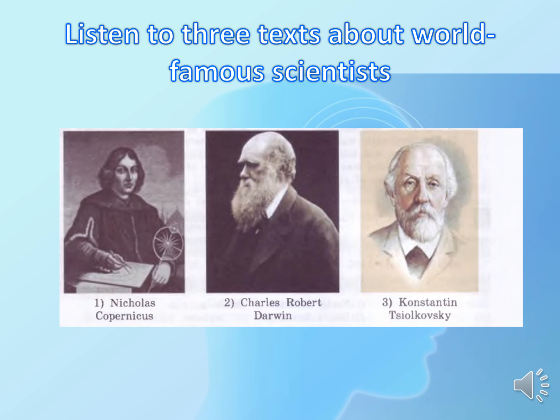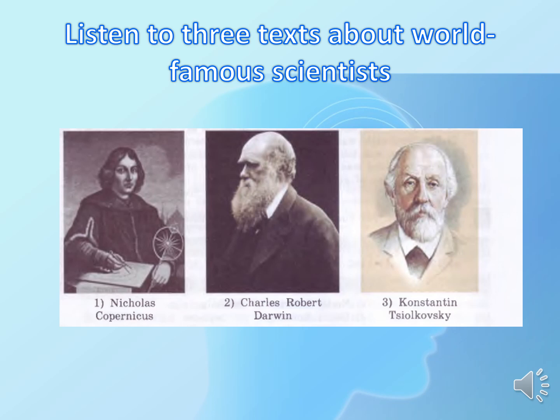1. Nicholas Copernicus is a world-famous Polish astronomer. He was born on the 19th of February in 1473 in Poland, in a fairly big family. Nicholas had a brother and 2 sisters. In 1491, he went to Krakow University, where he studied mathematics, medicine, religion. His favorite subject was astronomy. In 1497, Copernicus went to Italy and spent several years there, trying to get a better education. In 1503, he left university, got his diploma, and began working as a doctor. But he devoted a lot of time to scientific studies and wrote a book about a new model of the world whose center is the sun but not the earth.